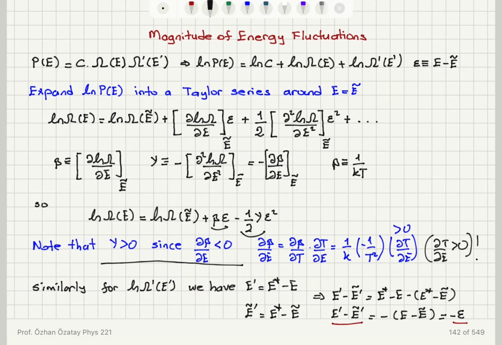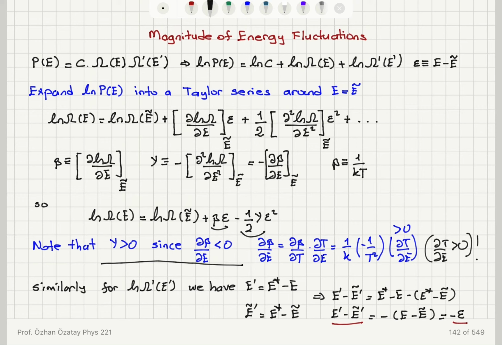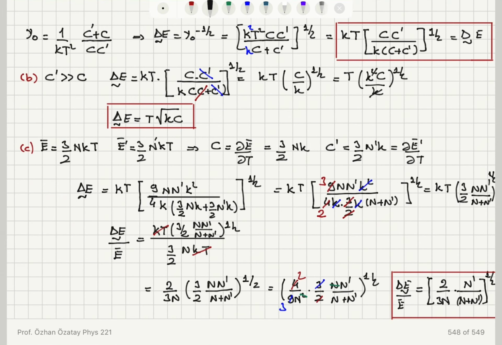This was basically done on this part where we looked at the probability distribution for this thermal contact, and we have looked at the behavior of the probability in the vicinity of the most probable energy value, and we found that the standard deviation of energy is gamma 0 to minus 1/2, where gamma was defined as minus the second derivative of ln omega with respect to energy at the most probable energy, or minus del beta del E. So using these results, we have substituted them into our heat capacity definitions to obtain gamma and gamma prime, and we see from the gamma 0 to minus 1/2 expression that delta E tilde is given by kT times the square root of CC prime over k(C plus C prime),